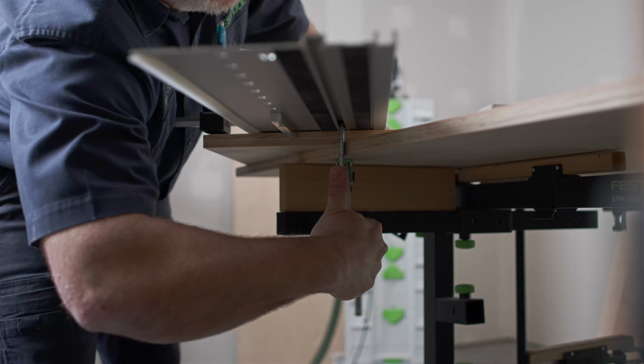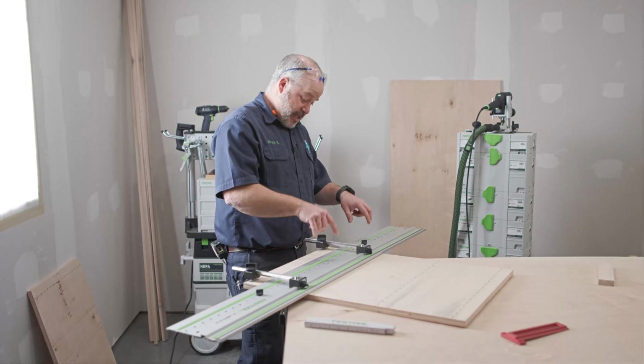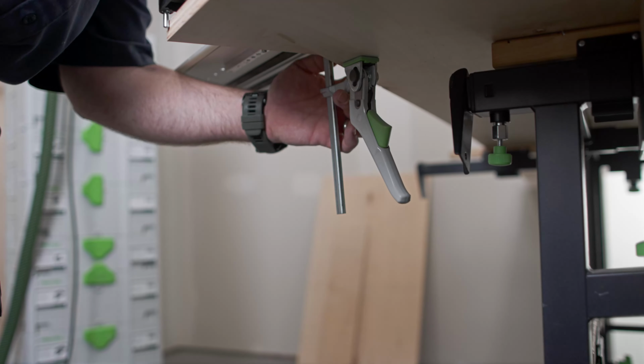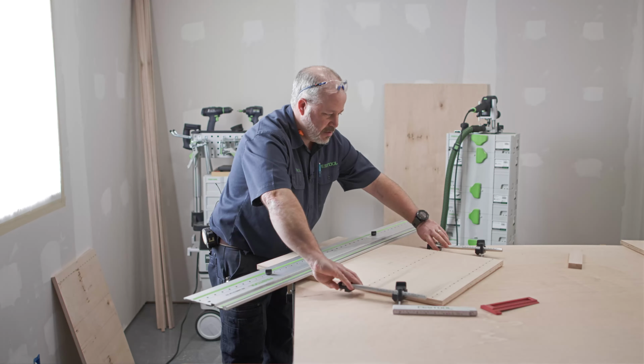And then I'm set and I know that I'll be exactly the dimension I need off the front of my cabinet. Once my guide rail is positioned correctly, I want to make sure that I secure the guide rail to the material, but also secure the material to your workstation. Once the guide rail and the material is secure, I can remove the edge guides and we're ready to punch